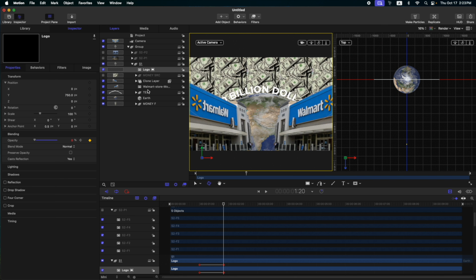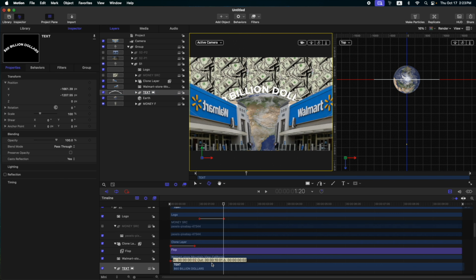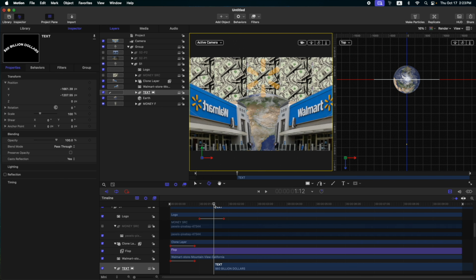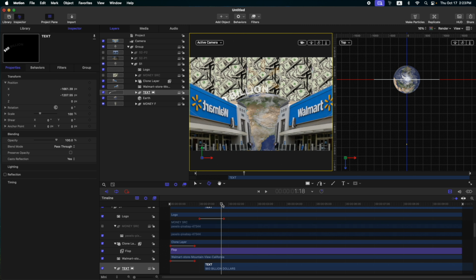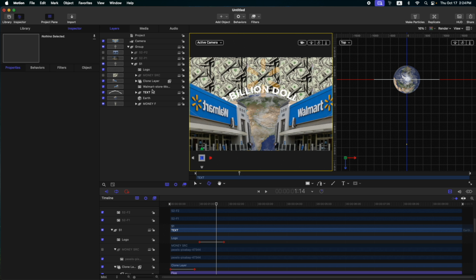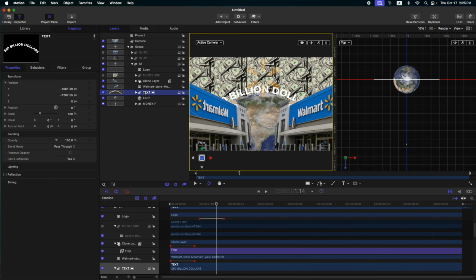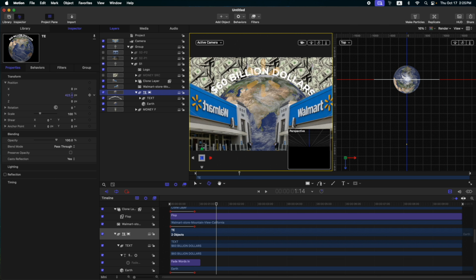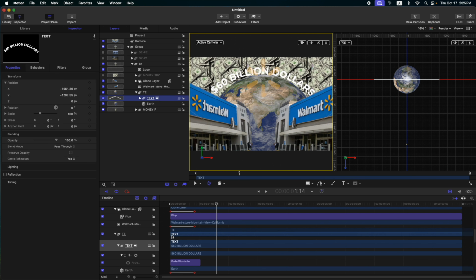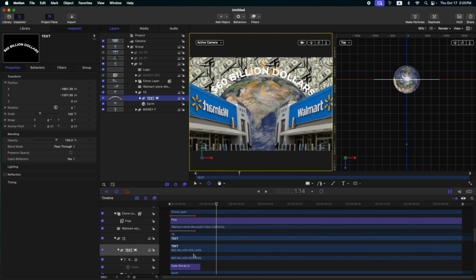And then our text, let's adjust our text so that it enters after the logo disappears. After that, let's put the text and earth in a new group, Command Shift N. Then let's rename this as TE. Then adjust the Y position so that we can see the text just like this. And also, I'm gonna adjust the text so that it will appear after the logo fades out